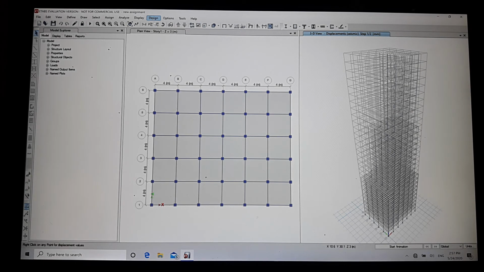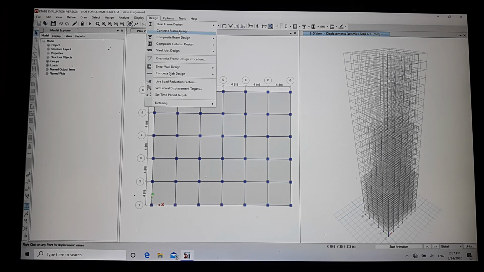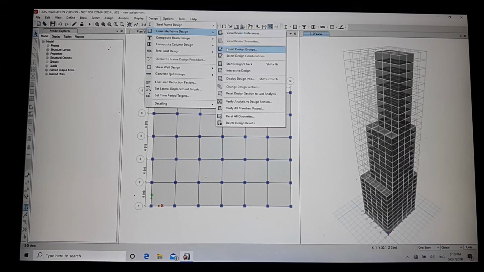Now go to design, concrete frame design, and then go to start design check.